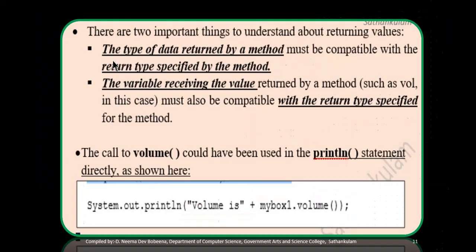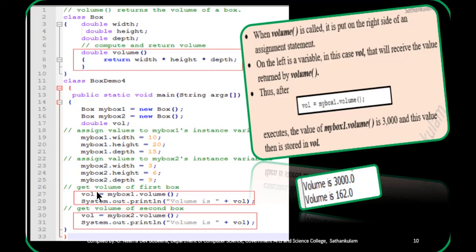The second thing is the variable receiving the value should be compatible with the return type specified for the method. Which portion is receiving the value? This portion is receiving the value. This vol should be compatible with the type of value it is returning. This one is returning a double type value, so this variable should also be a double type.